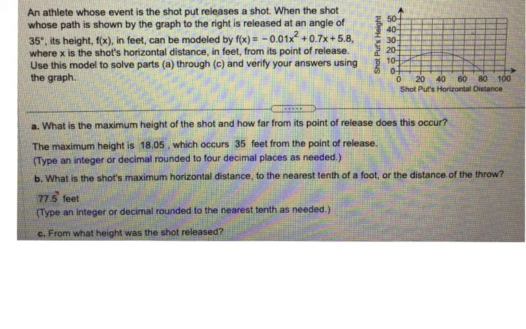Okay, so here's another word problem. It looks like you've got A part correct, so I'll skip over that one for right now. B part, it wants to know what is the shot's maximum horizontal distance to the nearest tenth of a foot, or the distance of the throw. So the horizontal distance is the distance along the x-axis. So the farthest point that the shot is thrown would be